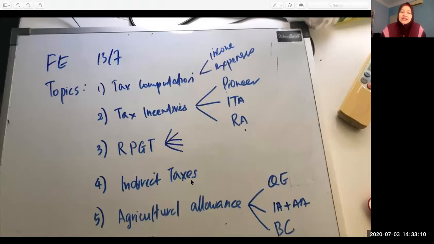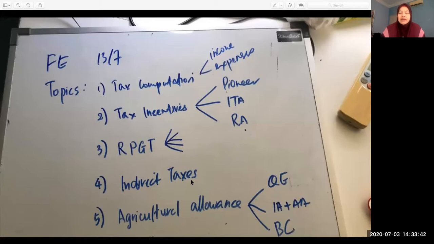All right, so for tax computation, the first topic, I know that I have not covered this topic, but I just want to share with you. The format of the question is always similar for all the questions on this topic. It's just that the type of expenses tested, and the tax treatment for each expense, would be different. So number one, with regard to the tax computation, you must be very clear about your format.